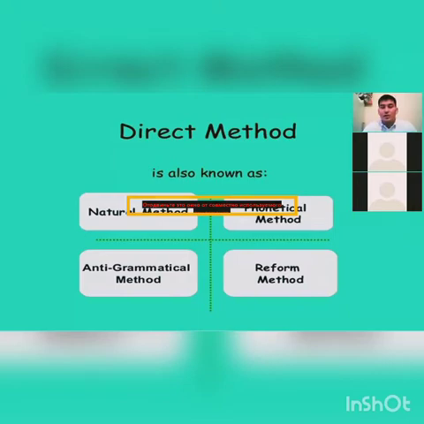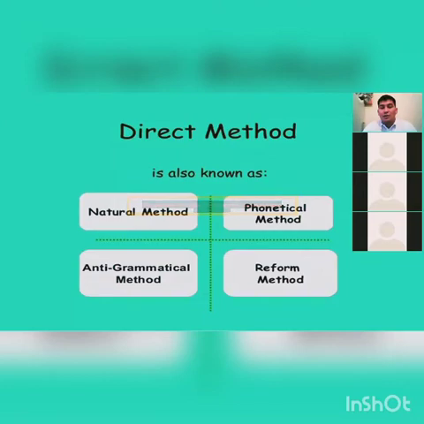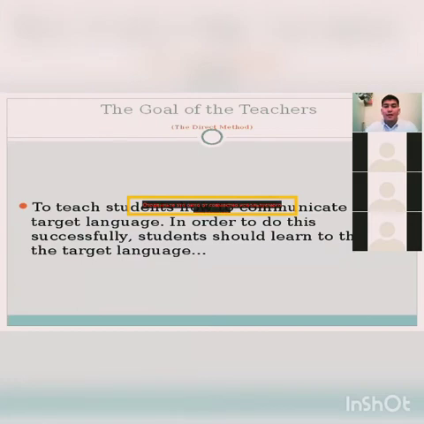We don't use translation, we don't use other languages. We use the same way as we learned our mother tongue. Why is it called the reform method? Because it changed education, it changed the way of learning the foreign language. So the goal for teachers in direct method,